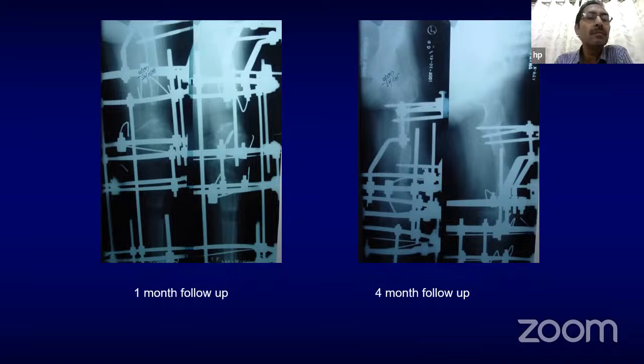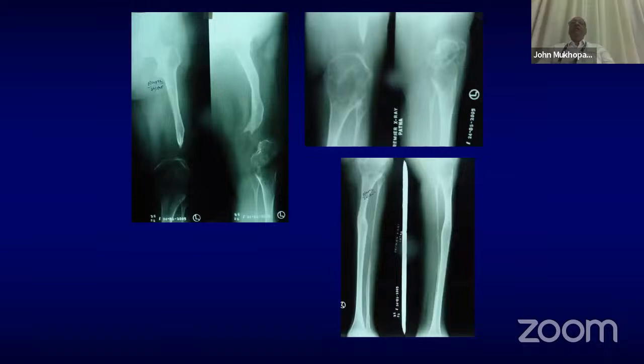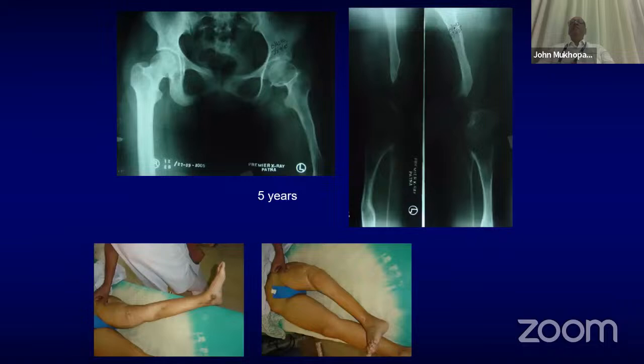We bone grafted it at the docking area, but unfortunately this did not unite. And I think this is what she came to us with. At this stage, you can see the tibia is lengthened, that has healed, but the femur fracture has not healed. And this is, sorry, the clinical picture at this stage showing that it's a flail limb from the non-union site. The knee is totally stiff and her leg reaches just halfway to the calf on the other side.